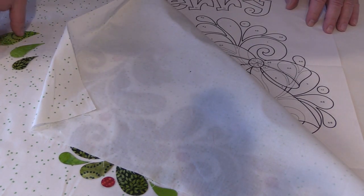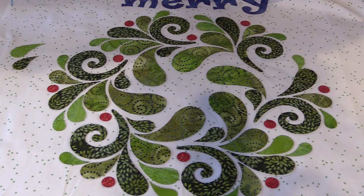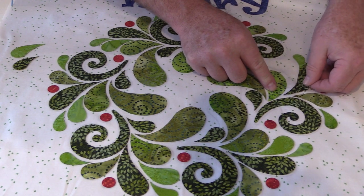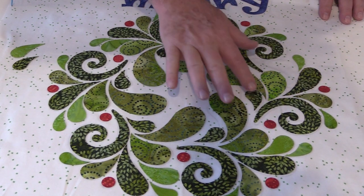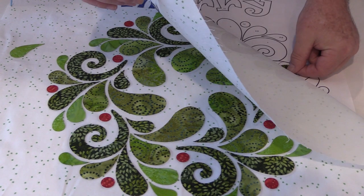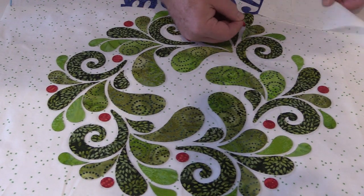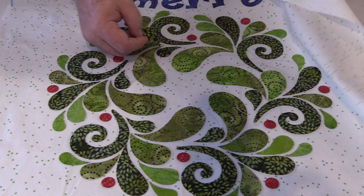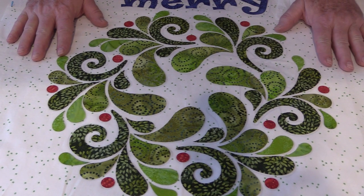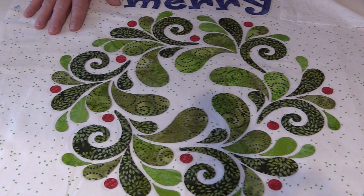I'm going to lightly pull that back and see where each one of these remaining pieces goes. You can see just the tip of it. And I try and keep a little bit of a space in between each of the components. That's already got one. Two of these leaves are completely covered with the ribbon, so I'm not going to put those in place. Now I just have to go ahead and put the ribbon pieces